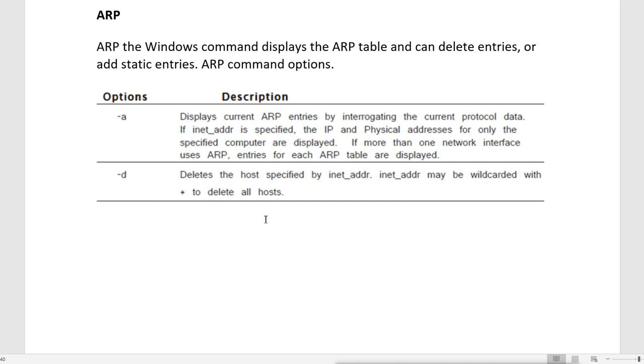Remember, the ARP protocol is to get the MAC address of an IP address. When we want to send data to any other machine, we give the IP address. For example, suppose I ping some machine. I give the IP address of that machine, but I don't mention the MAC address.